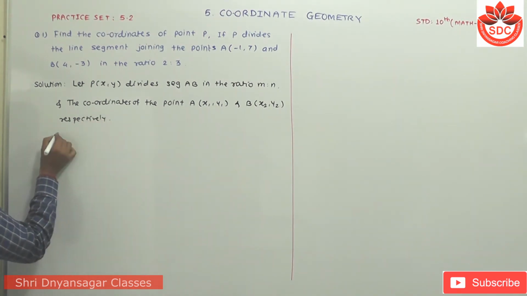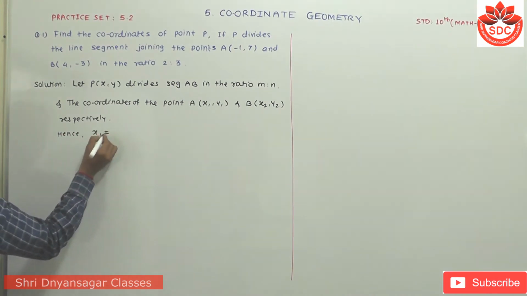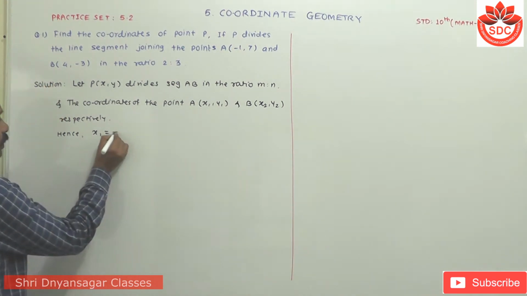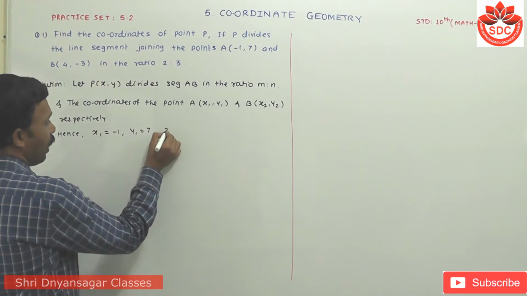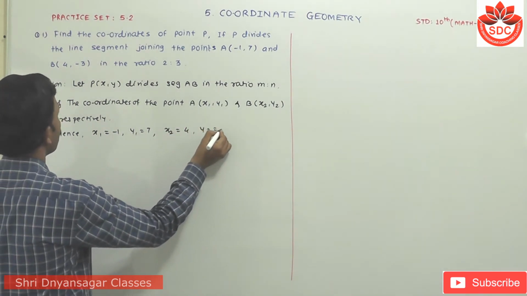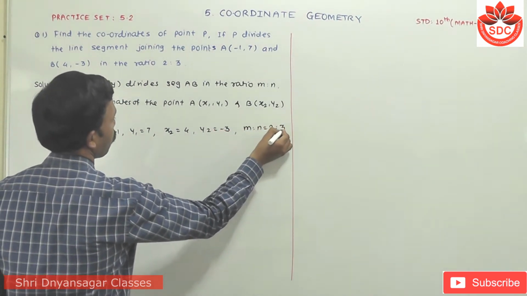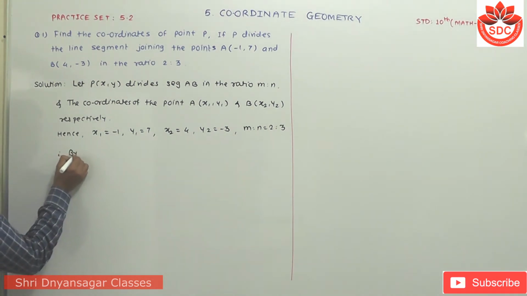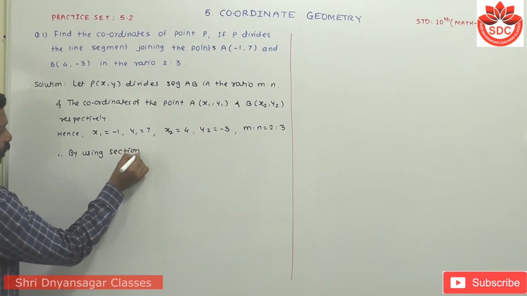Therefore, by comparing with x1, y1, we get x1 is equal to -1, y1 is equal to 7, then x2 is equal to 4 and y2 is equal to -3, and m to n is equal to 2 to 3. Now student, therefore by using the section formula,